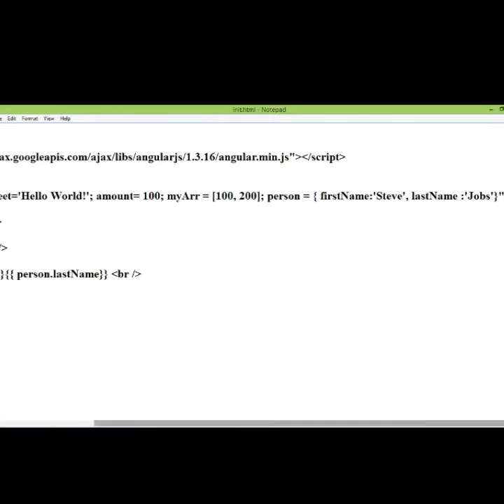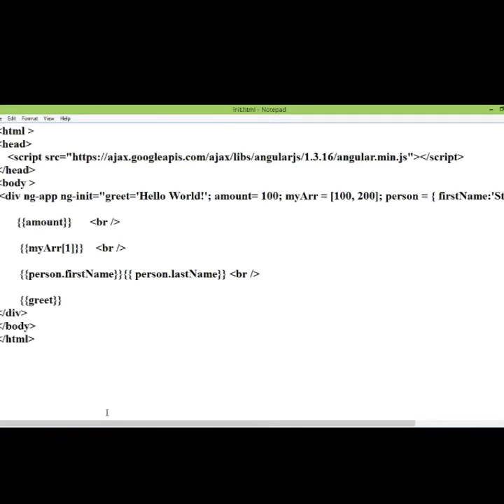So by using single ng-init directive, you can initialize multiple variables separated by semicolon. And by using this expression, you can see the default values of these different variables. Let us execute this program.